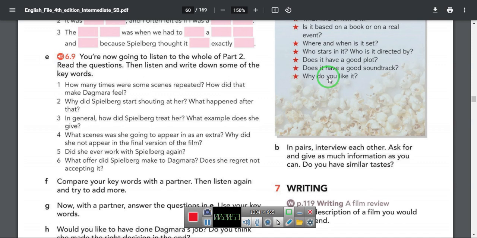The worst thing was when we had to shoot a scene again and again because Spielberg thought it wasn't exactly right. Some scenes were repeated as many as 16 times, and then sometimes I would think that maybe it was my fault, that I hadn't translated properly what he wanted, so I'd get really nervous. I remember one scene with lots of actors in it, which we just couldn't get right, and Spielberg started shouting at me because he was stressed. Eventually, we got it right, and then he apologized, and I cried a little because I was also very stressed. And after that, it was all right again.